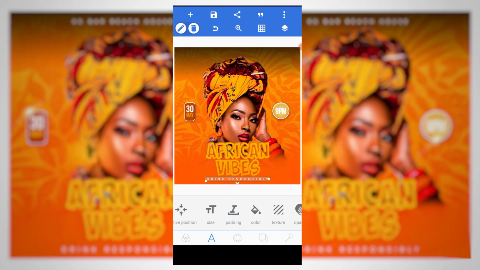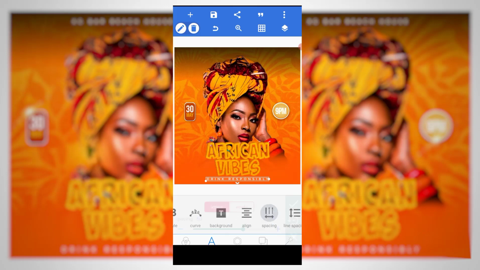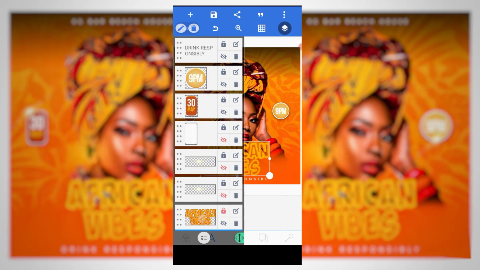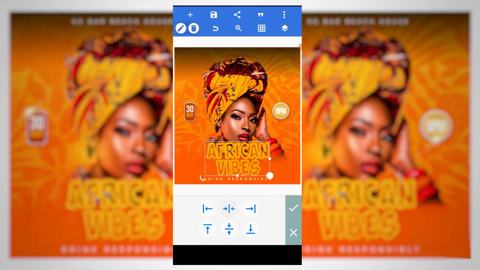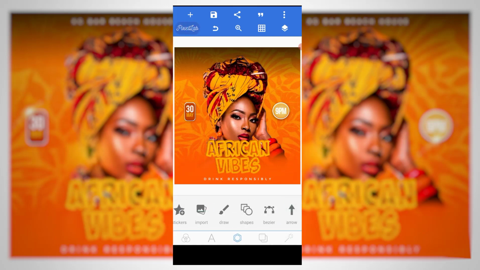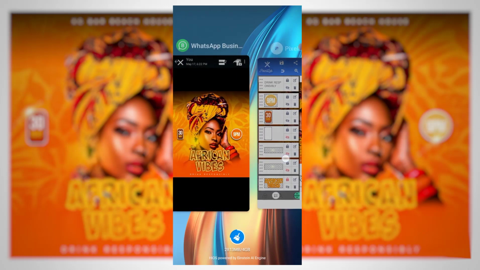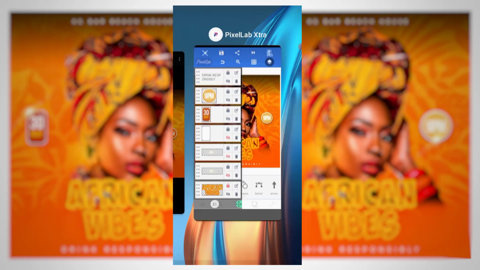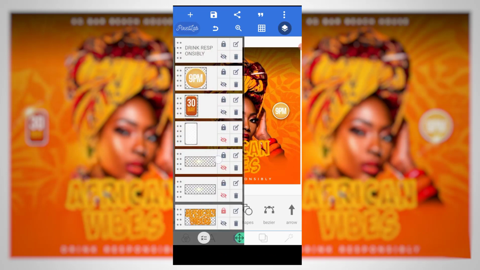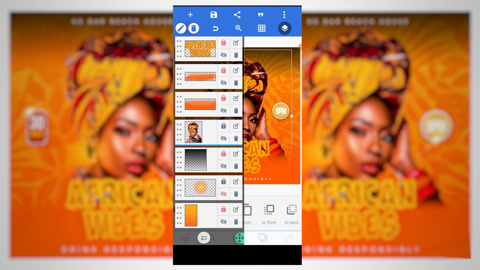Okay, so let's make it 70. Then relative position it here. So for this other guy, African vibes, we can make sure it's at that area. Then, wow, so I think my area of positioning was too, I think my model should be,